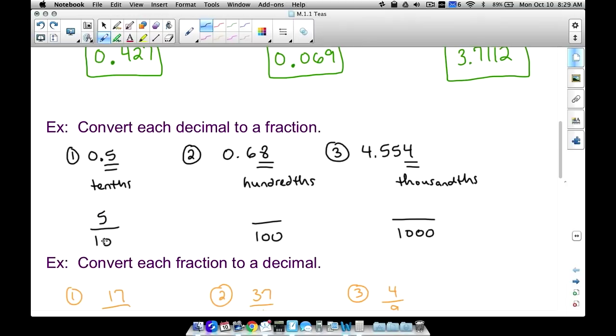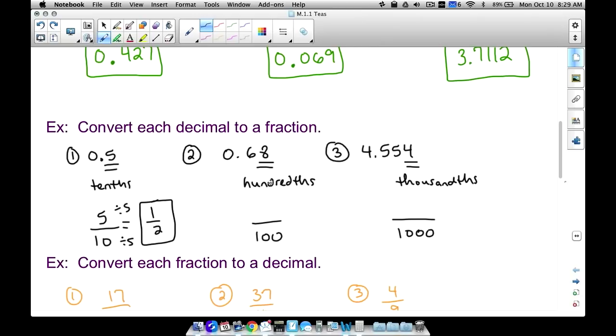So that's 5 tenths. Well, let's go ahead and reduce that. We can divide the top and bottom by 5. So therefore we have 1/2. Whoops, I don't know why I put 2 equals there, but nonetheless we have 1/2 here. And if you think about that, that's more of a basic kind of problem, but 0.5, 50 cents, you can throw a 0 there if you want to, but 50 cents, 0.5 is the same thing as a